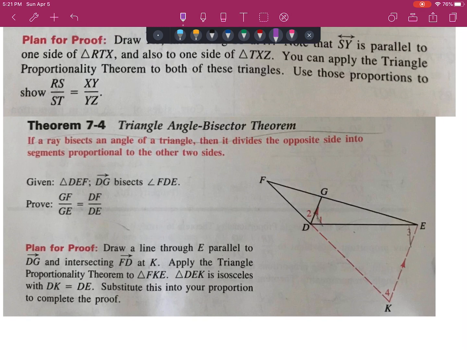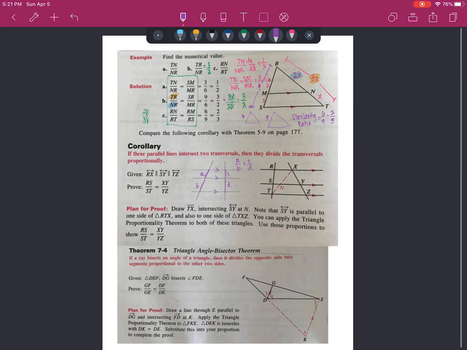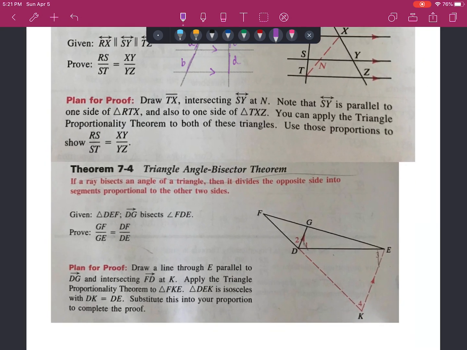And then the last theorem says, if a ray bisects an angle of a triangle, then it divides the opposite side into segments proportional to the other 2 sides. This one's actually a pretty important one too, and I don't want to rush through it. It's only going to take me a few more minutes, but this video has exceeded what I wanted to do, which it's great. It met my goals, but I'm going to come